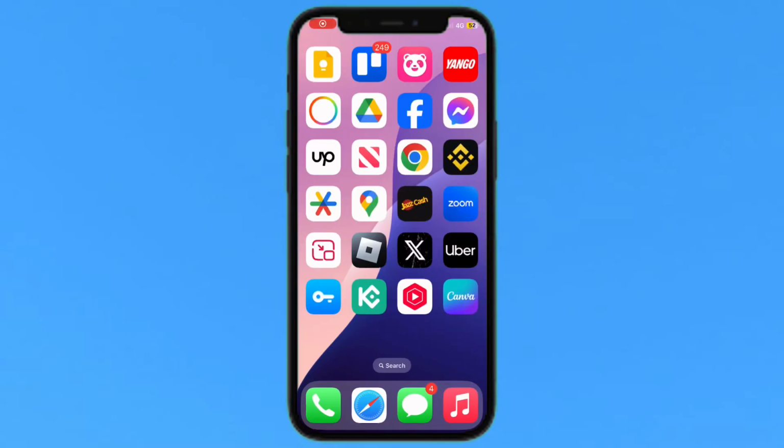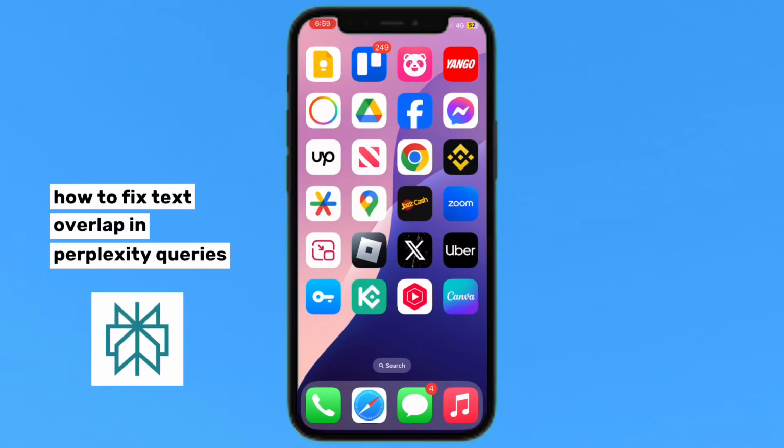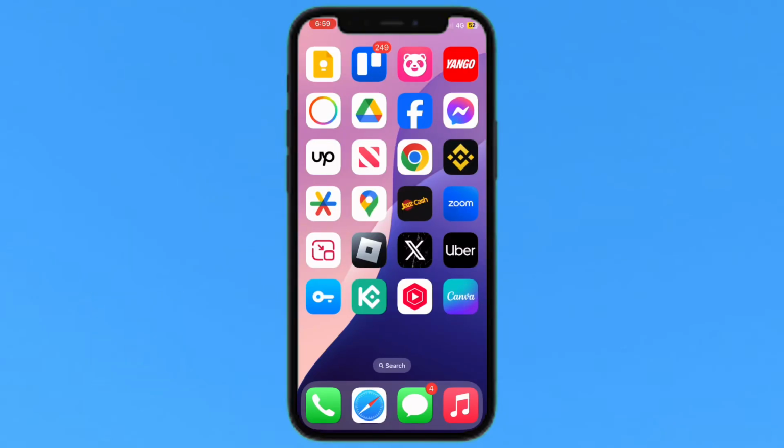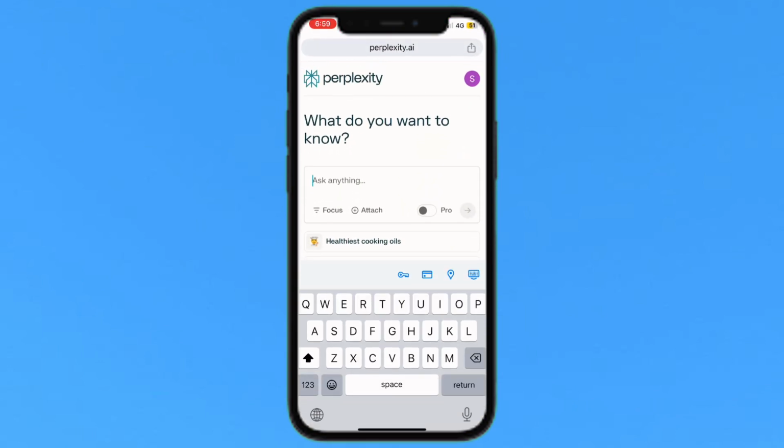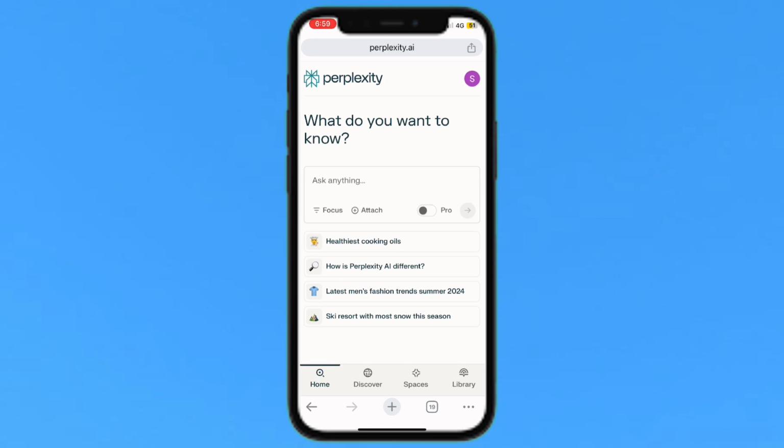Hello everyone, today I'm going to show you how to fix text overlap in Perplexity queries. So just tap on my Google Chrome and officially log in to perplexity.ai, and see how to fix the overlap queries on Perplexity. The first thing is that you will just tap on these three dots in the top right corner